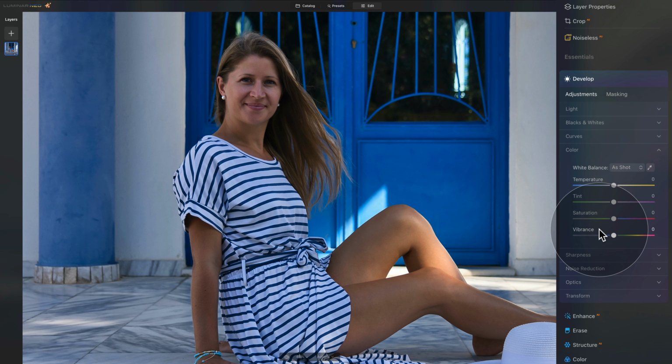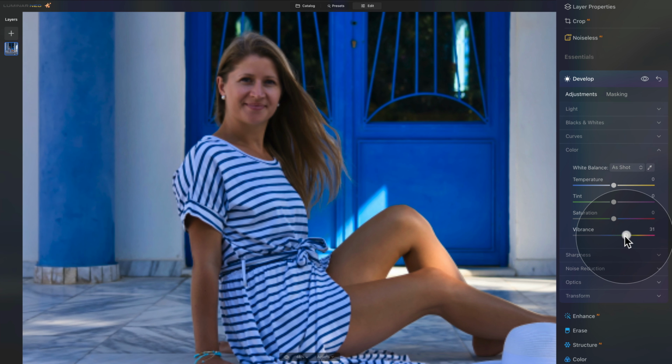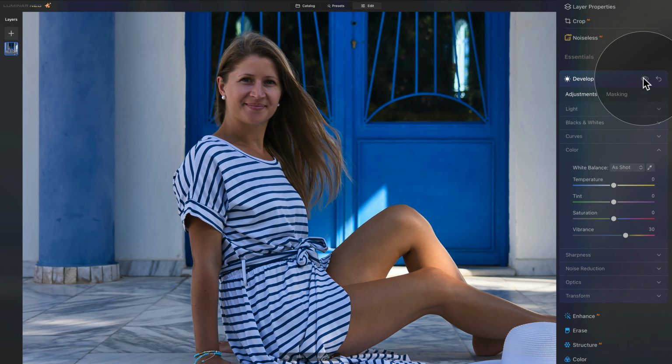After that, we have a vibrance. Now the vibrance is a smarter version of a saturation. So basically, instead of adjusting all the colors at the same time and together, it takes the tones that are a little bit lower and it increases them. So for example, when I take the vibrance and push it up, you can see how very gently some of the skin tones are improving, how some of the blue, lighter blue colors are getting more saturated. So let's say that we are on a 30, and let's have a look at the before and after,